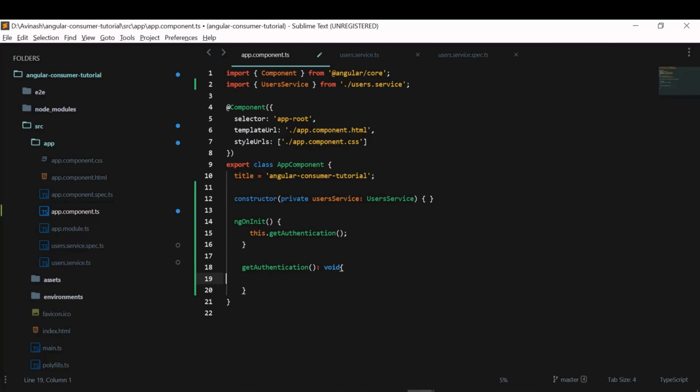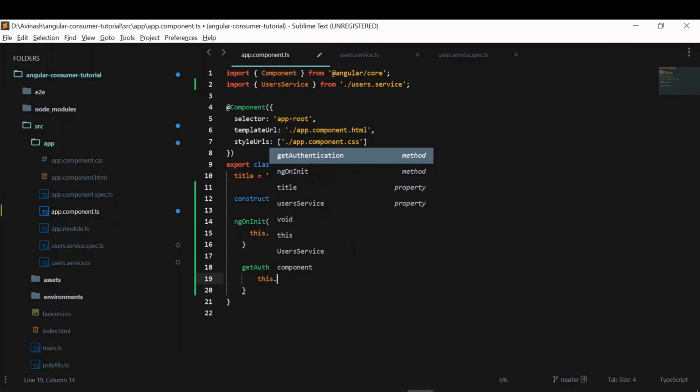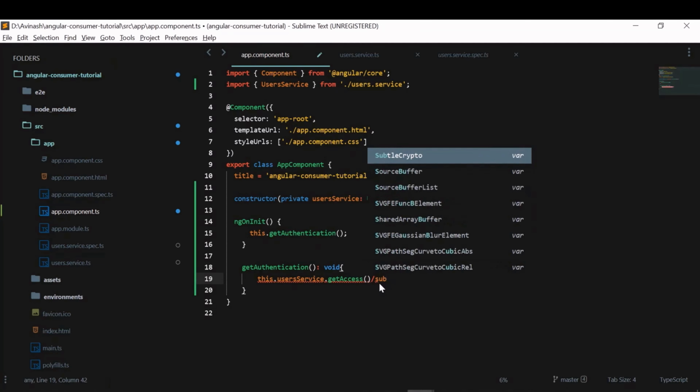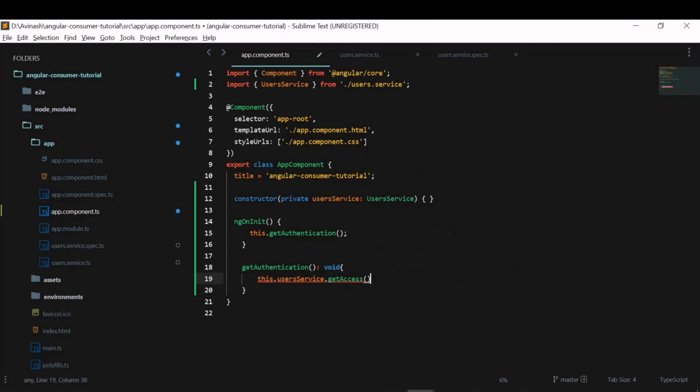Now in this getAuthentication method, this.userService.getAccess().subscribe. What happens here?